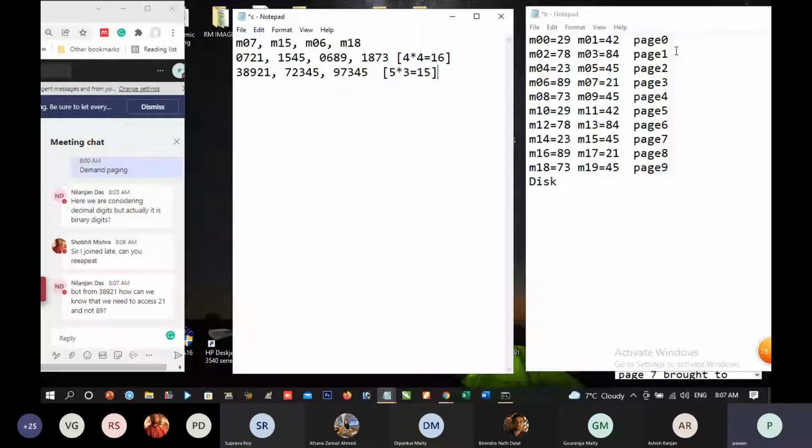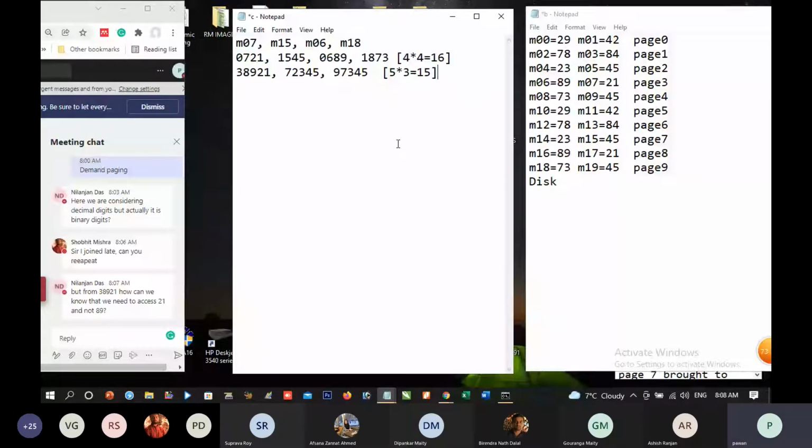Now, how we can store the value of the memory 7? Memory 7 is in page 3. So we are saying page 3 is 8921. Memory 15 is page 7. So we are storing the entire page 7. So as such, we only needed memory 15, but 14 will also be required here. As far as this is concerned, we needed only 6, but 6 is already there. And here 18 is page 9, and whole page 9 will be put here.